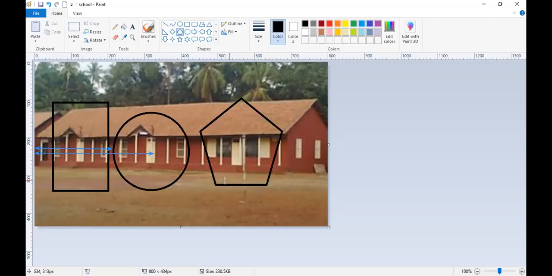Next point here: 493 and 323. And here is the last one: 450, 183. Okay, so we found all the coordinates: of the rectangular shape, of the circular shape, as well as of the polygonal shape.